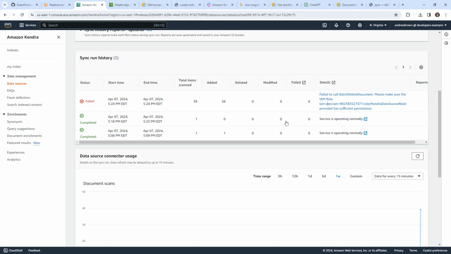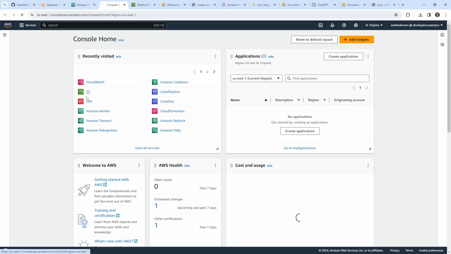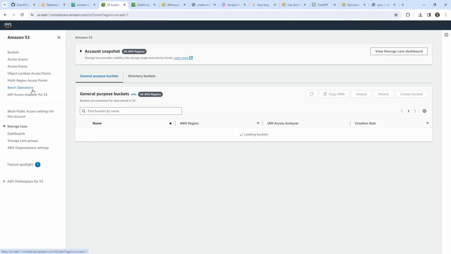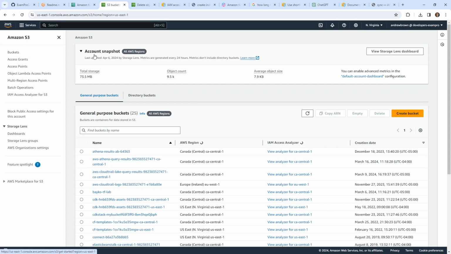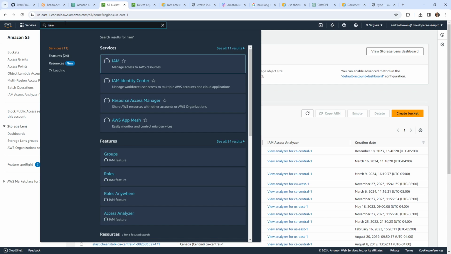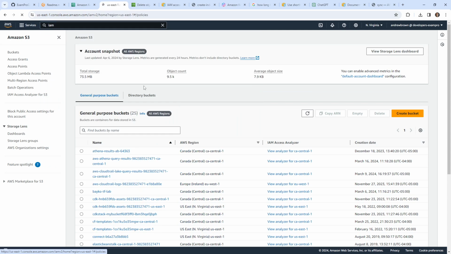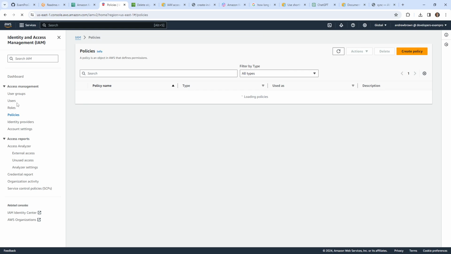And who needs access to do that? Batch delete document for Kendra's data source rule. Okay. So we'll go back over to S3. Apparently our data source role is not sufficient enough. We'll go to IAM, sorry. And we'll go to policies. And in here we'll go to